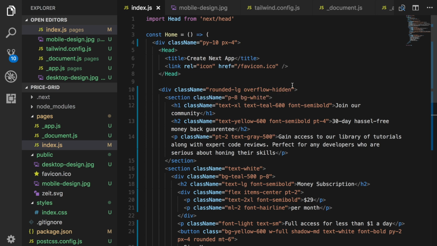So at the top here, in the container div, we're going to add a MD: and then we're going to do W and then -2/4. So when we get to medium screens, we want the width to be of this size, this percentage size. So if we save that,